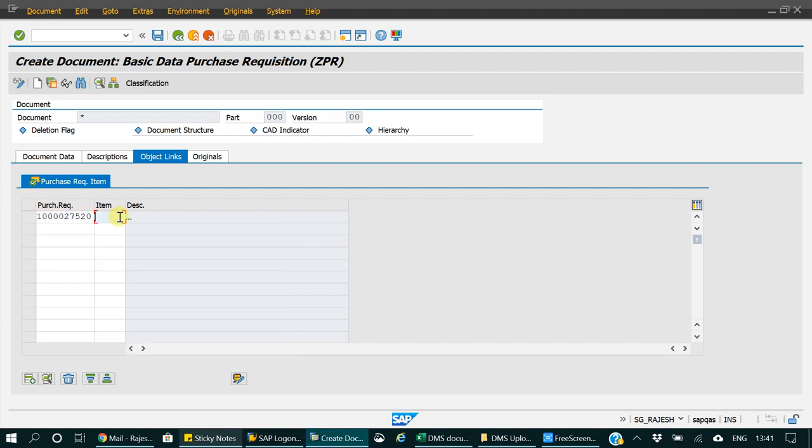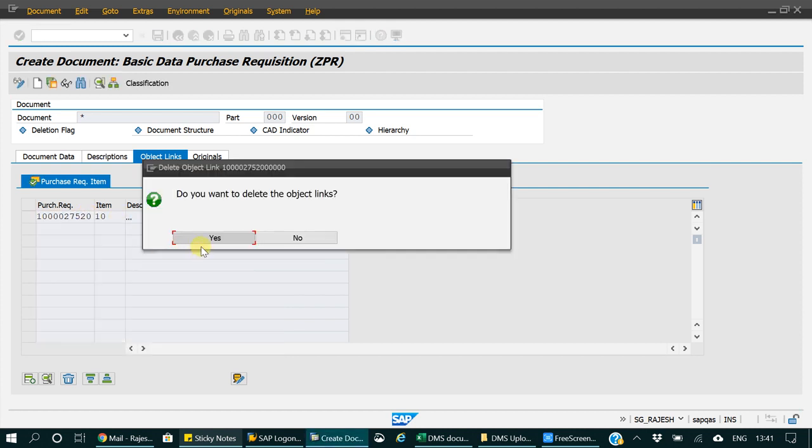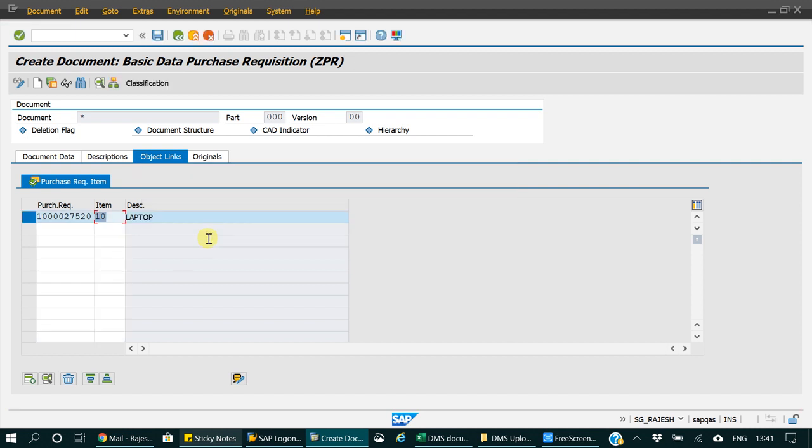And the line number, let's say line number 10. It will automatically show the description of the line item of that particular requisition. We can attach single document with multiple purchase requisition or with multiple line items of a single purchase requisition.